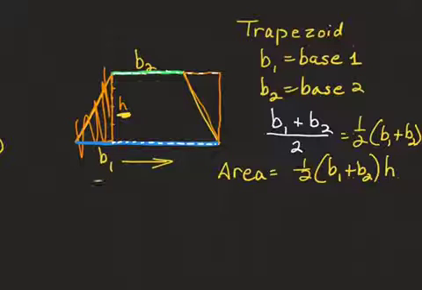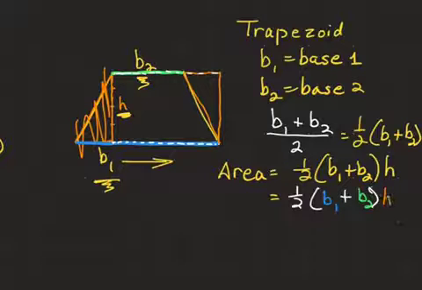So 1/2 of base 1 plus base 2 times the height. Or in the colors that I've chosen, it would be 1/2 times base 1 plus base 2